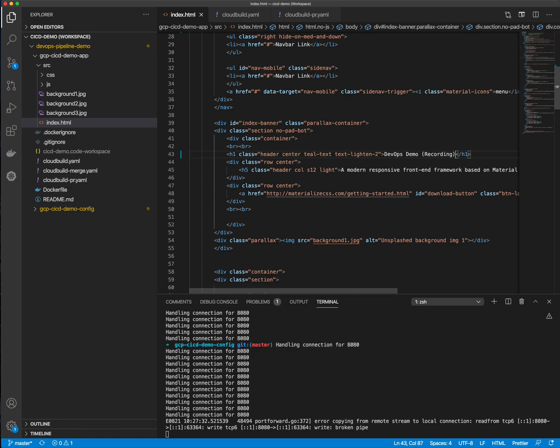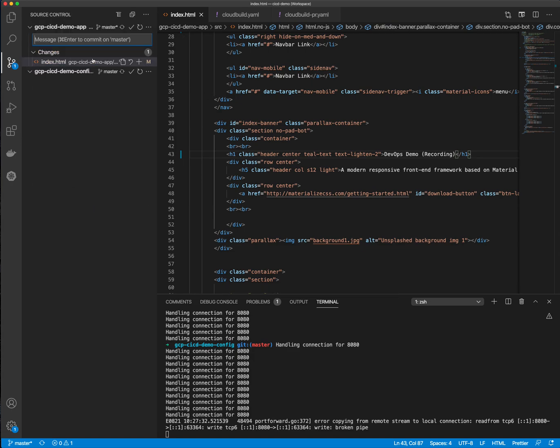So I've made a couple changes. I've met the requirements, I think, but I'm going to commit my code and push it and see in my development environment if it's up to satisfaction. So I'll just say made demo changes. And I'm going to,